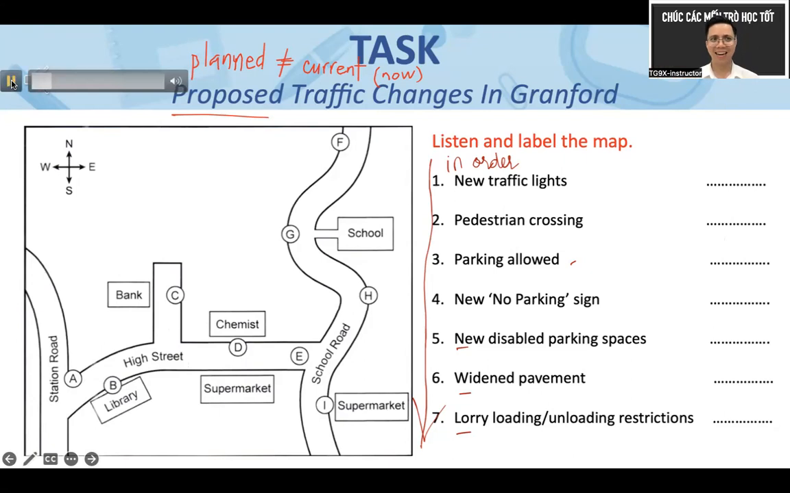We've decided we definitely need a pedestrian crossing. We considered putting this on School Road just outside the school. But...